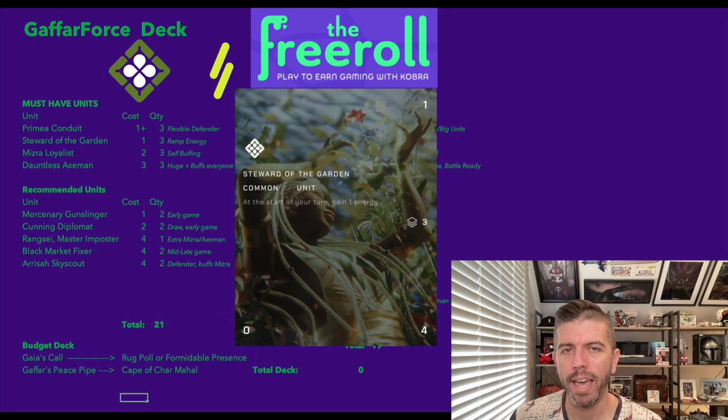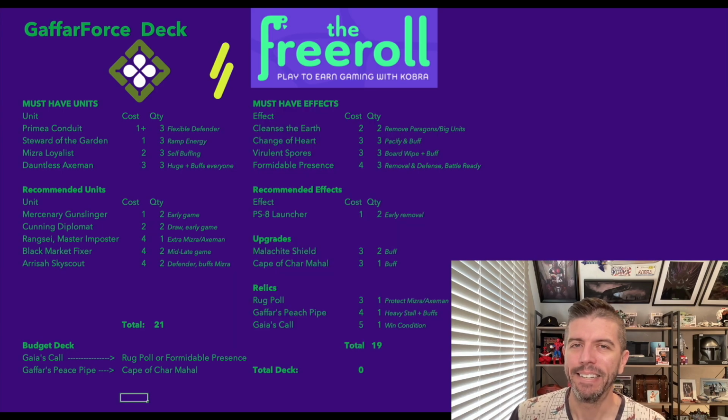Next, we have Steward of the Garden, and this is an absolute staple in every single Earthen deck. It is a 1 energy, 0/4 unit, but it has the unique ability that it generates an additional energy for you at the start of your turn. So this is absolutely the card that you want to play on turn 1, whether you're going first or second. Get that Steward of the Garden out. When you do, you end up with 3 energy on turn 2, which leads us to the next card,